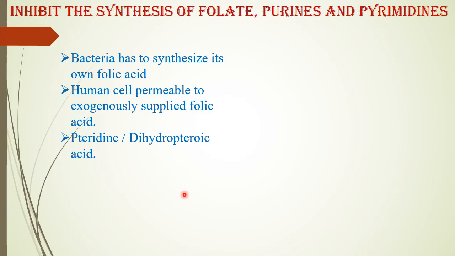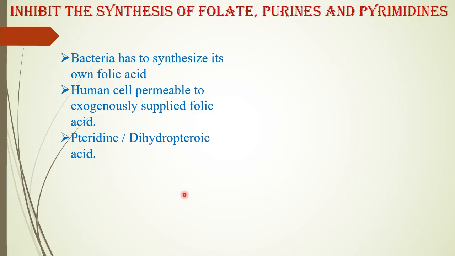Now there is a difference between human cell and bacterial cell in terms of folic acid, right? Human cell is easily permeable to the folic acid. That means we humans do not synthesize folic acid of our own. We have to take it by means of food, supplements. Whatever food supplements we take, if the folic acid is there, it can easily enter the cell and it will help in the protein synthesis. It is helping in the RNA DNA synthesis.